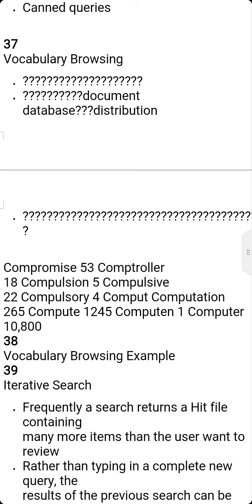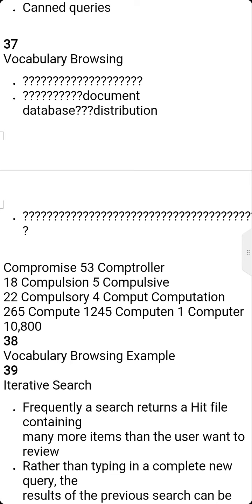Here we are going to take OR and AND terms. Suppose we have compromise, there are 53 occurrences. For example, compulsion has only 5 occurrences, and compulsory has only 4 occurrences. Like that it gives the occurrences in vocabulary browse.